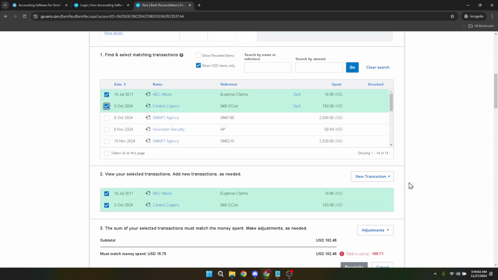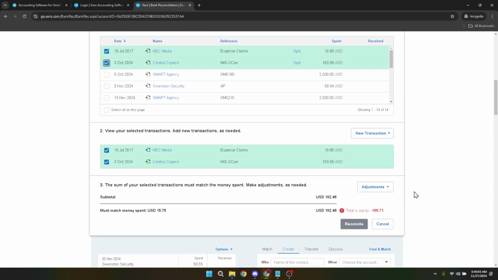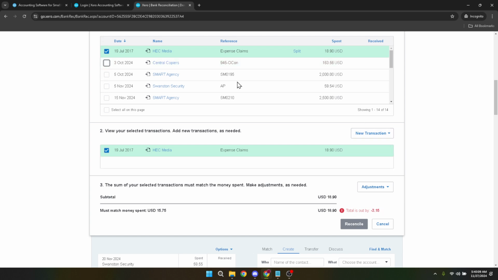After selecting your transactions, it's time to get specific about what these transactions represent. Click New Transaction to input more detailed information. Here you'll categorize the transaction. You might select Receive Money if, for example, it's a payment from a client, or Direct Payment if it's an